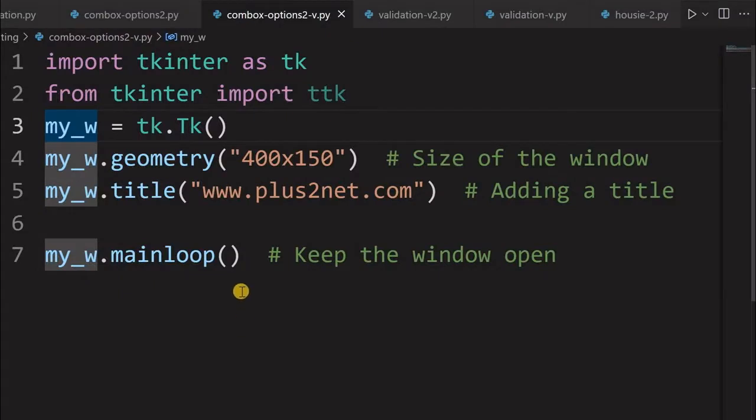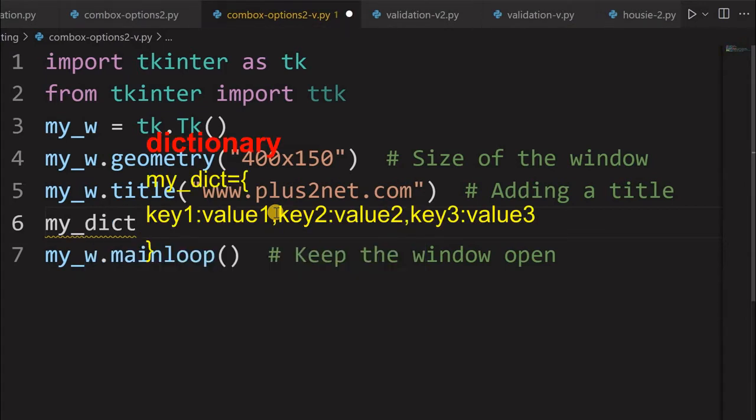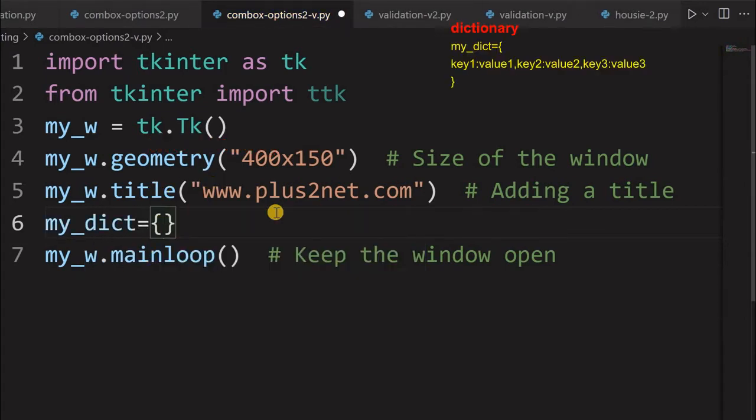This is a blank window. So we'll start from here. We are starting from a very basic level because the question is asked by a beginner, so I'll be explaining all the points here. I'm just declaring a dictionary here first. A dictionary, as you know, has a key and a value. Both things will be there. The key and value are separated like this.